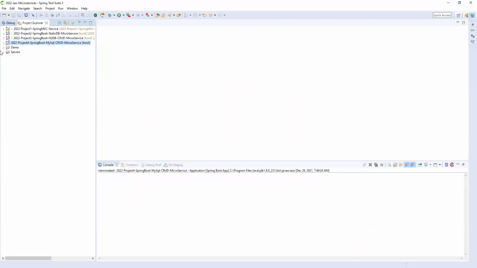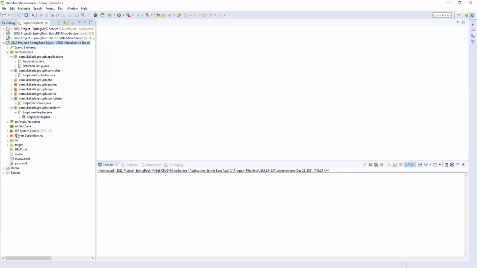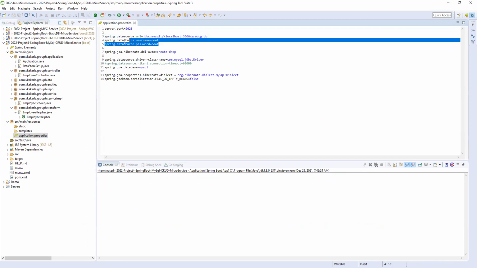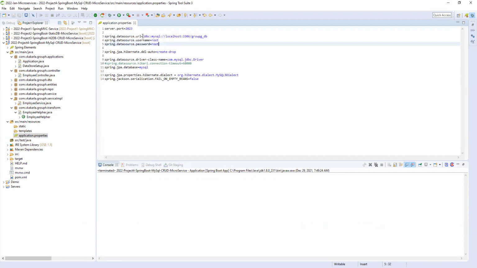So let me share my screen. Let me open the properties. So 3306 or 3036? Yeah, 3306. Okay, you are able to see my screen, right? These are the properties of the MySQL database. Here, jdbc:mysql://localhost:3306/ and the database name. Let me add group H. I am adding a group H database.